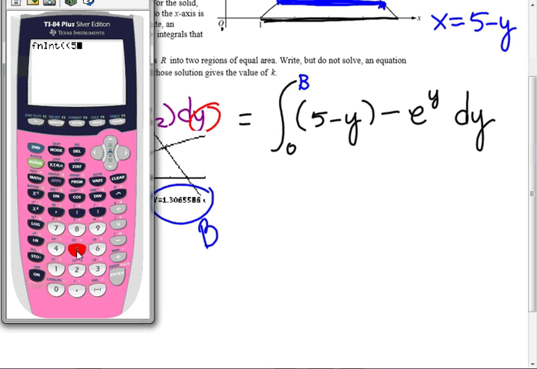I could do Y's. If I really want to keep it Y, I can. I'm just going to do 5 minus X, minus E, second E to the X. I just changed them to X's because they're dummy variables. It doesn't matter. If you want me to type a Y in there and a Y there, I can. It's just harder. Okay, comma. My variable is X. I just changed them to X's because it's the same answer. Comma. 0, and I want to integrate to that 1.30, but I put that in B, so I'm going to do that. Alpha